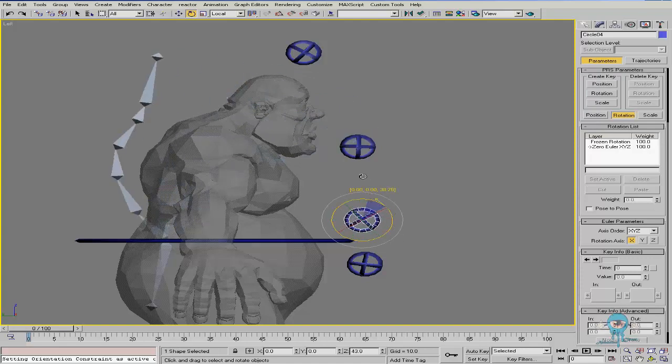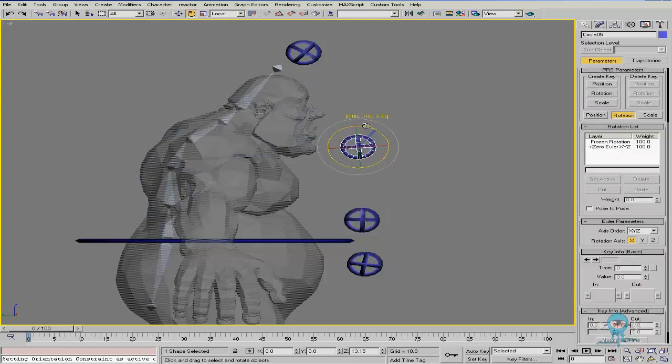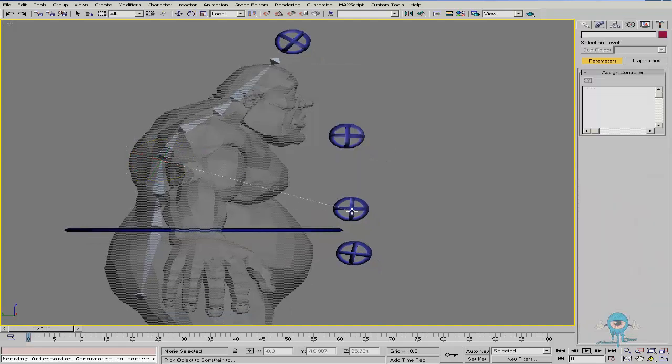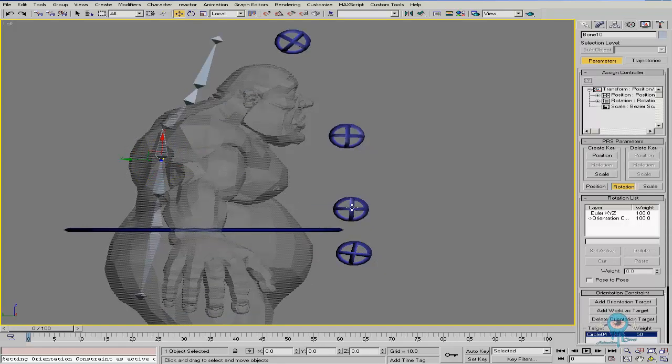Now you can see that when I rotate this object, the next bone in the chain doesn't rotate 100% with this control. When I rotate this one, it doesn't rotate 100% with this control either. It shares a bit of twist off. Let's move on up the chain to the next joint. Constrain to the